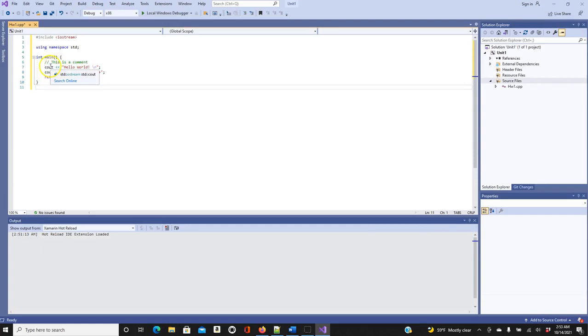Okay, you see when you hover over it, it's a standard ostream, std::cout. So it means that it's using the namespace std, and this is a standard library. When you do this one here, automatically you don't have to write std here.